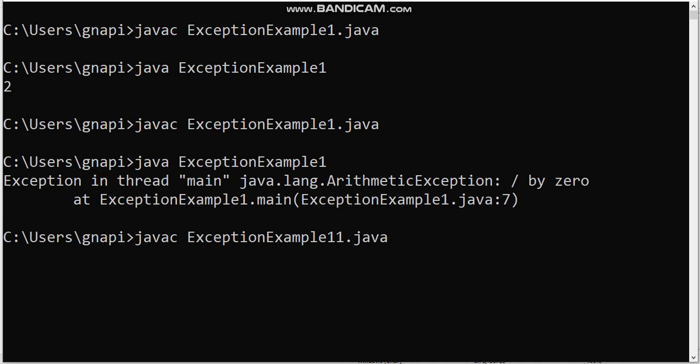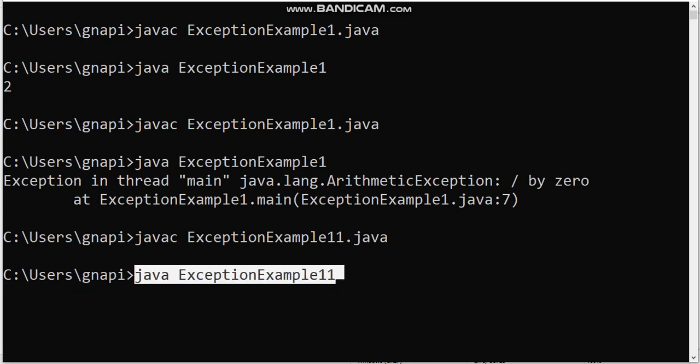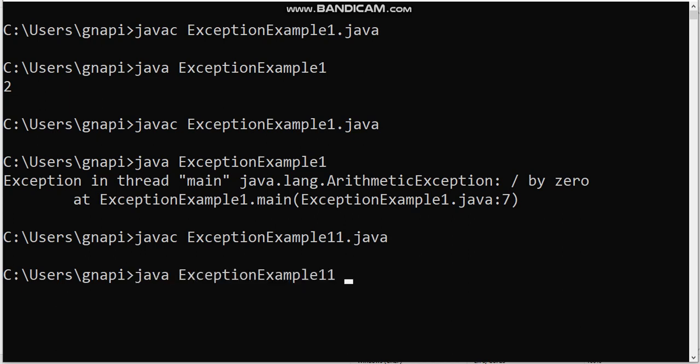javac ExceptionExample1.java. No errors. Now we will try to execute java ExceptionExample1. Okay, so when we execute the program, this is the statement to execute the program, right? At the time of executing the program, we should pass two values.